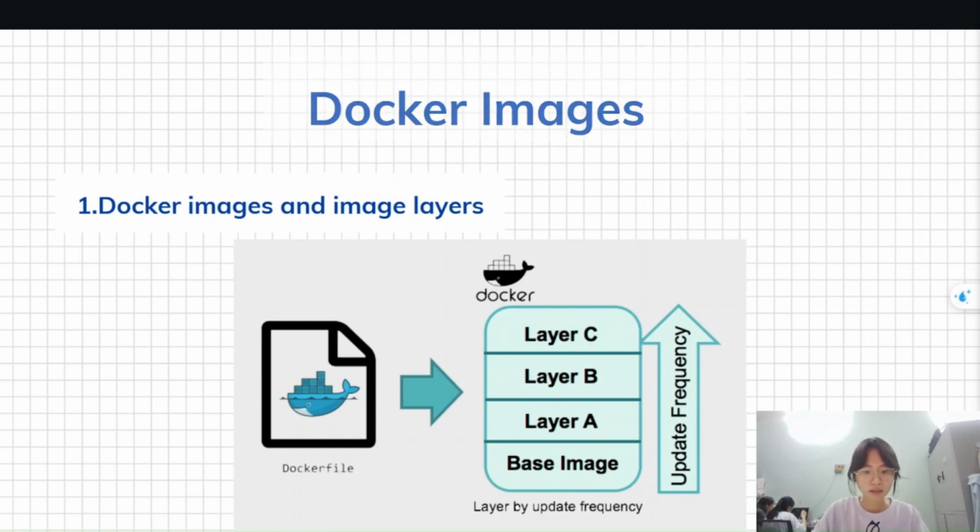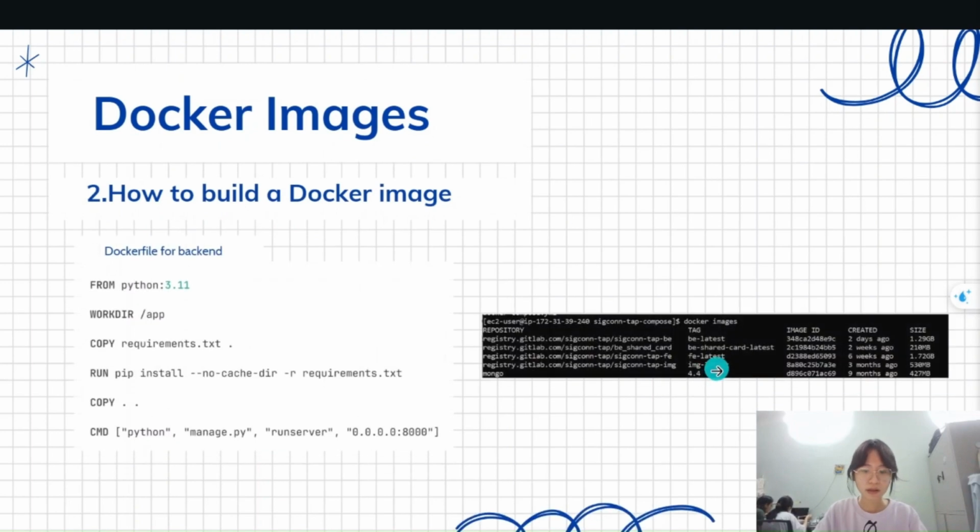And so, how to build a Docker image? A Dockerfile specifies how Docker builds the image and contains a series of commands to build the image. Each command builds a new layer that becomes a part of the final image. Let's take a look at the Dockerfile for our backend application. Here, FROM python